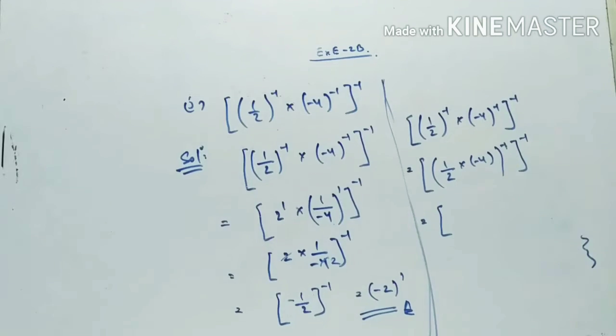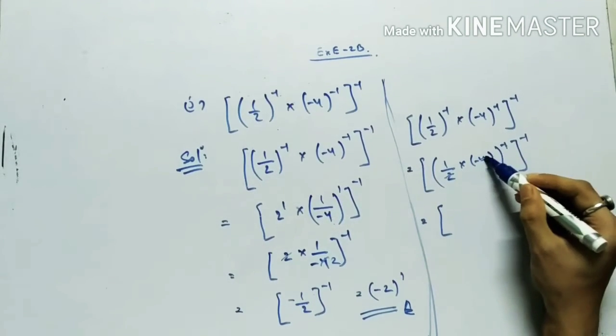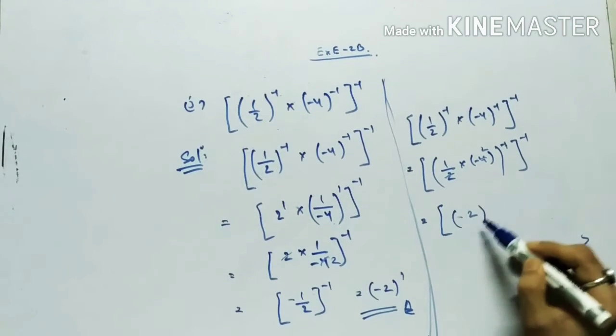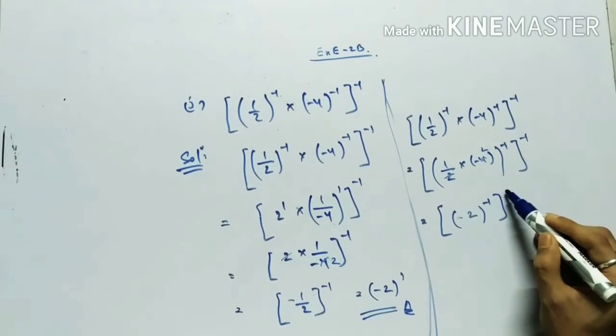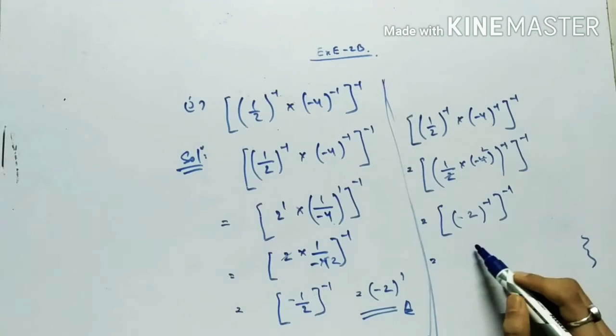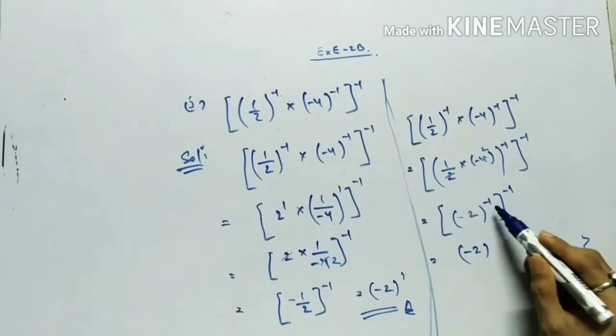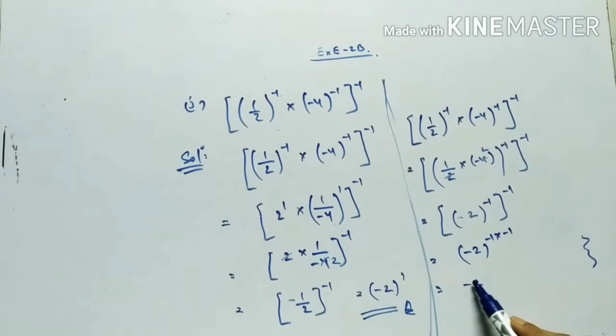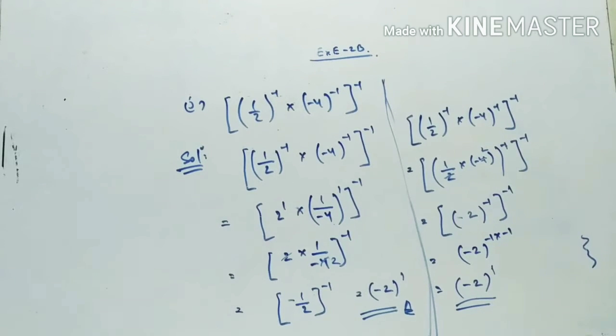So now you see this one, 2 2s are 4. So this becomes minus 2 to the whole power minus 1 to the whole power minus 1. So minus 2 into minus 1 into minus 1, which ultimately becomes minus 1 to the power 1. In power notation I have to express, so I have written minus 1 to the power 1.